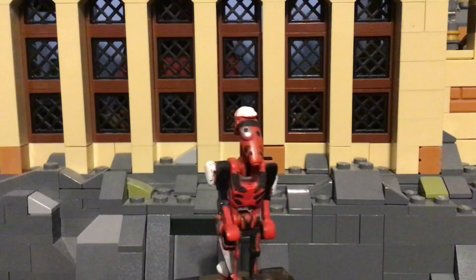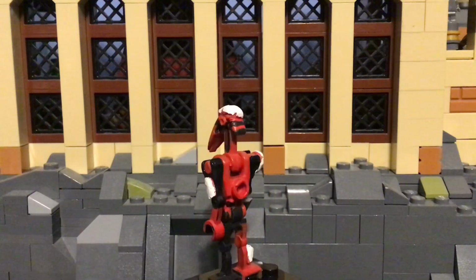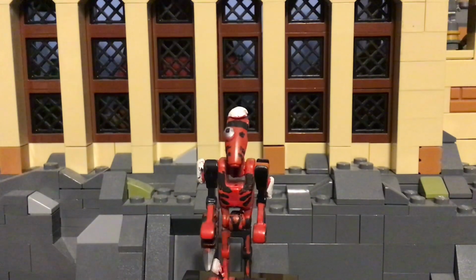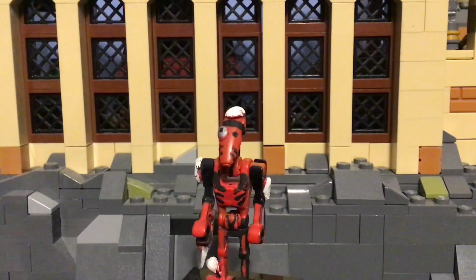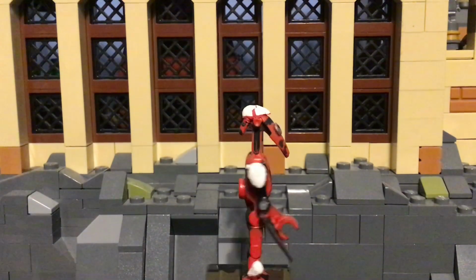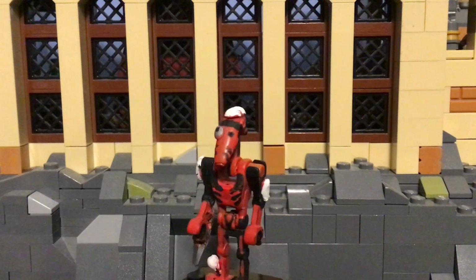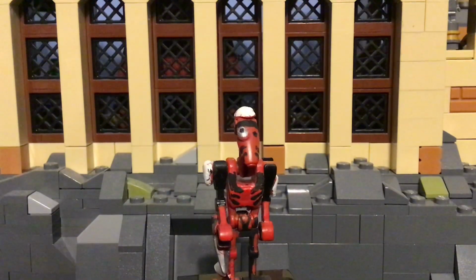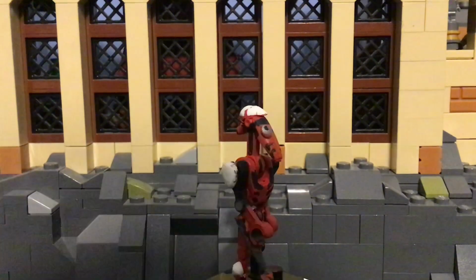Now, this is kind of an obscure Lego Star Wars character, or just Star Wars character in general, but he was from the Star Wars Aftermath books, and I just thought he was a very interesting character, also very funny. If you didn't know, he's basically just a homicidal battle droid, and what I mean by that is, he likes to kill a lot, and he laughs as he does it, which is pretty horrifying,